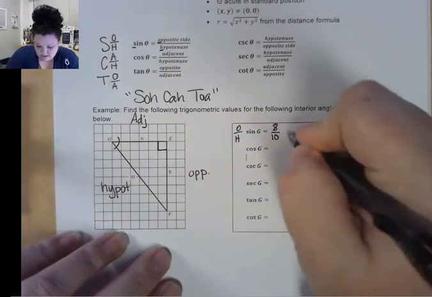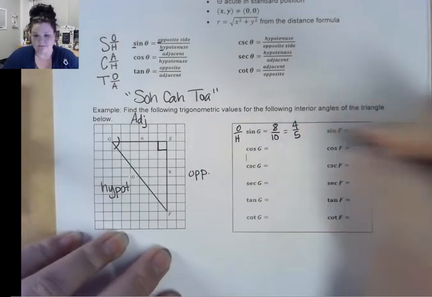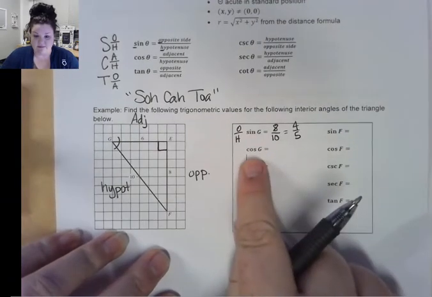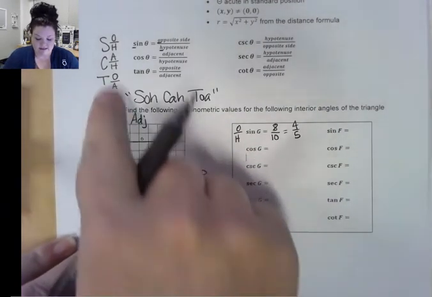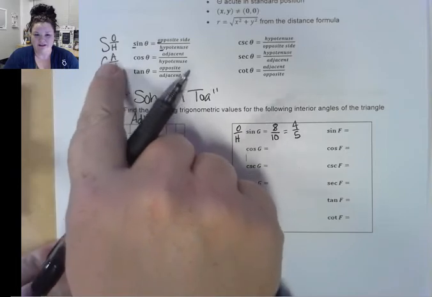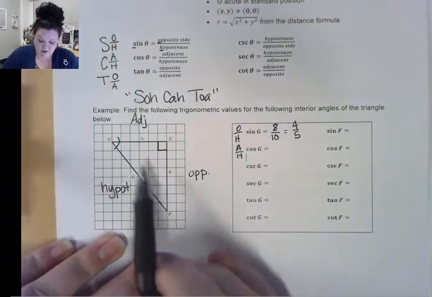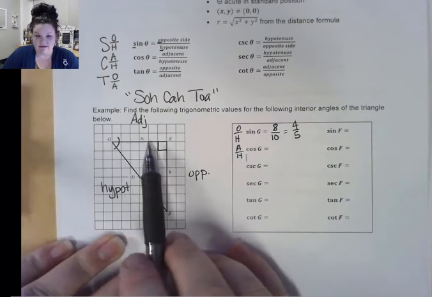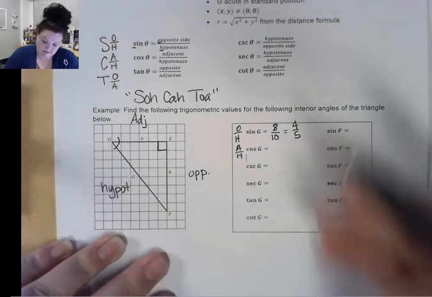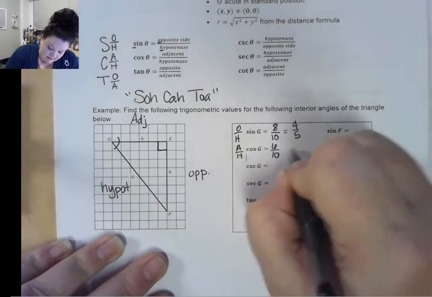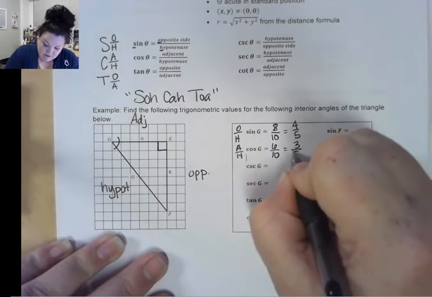So this is going to reduce down to 4/5. We want to do the same thing with cosine. Cosine is our CAH, so adjacent over hypotenuse. Our adjacent side is 6 and our hypotenuse is 10, so we get 6/10, which we can reduce down to